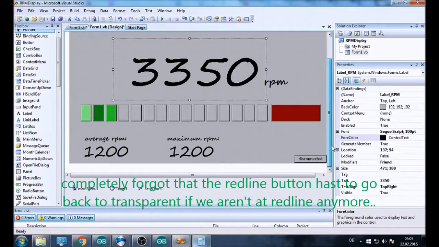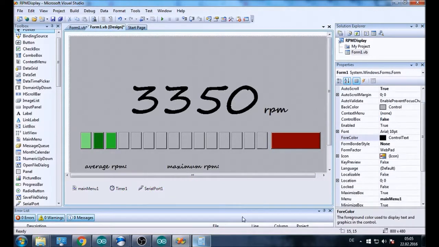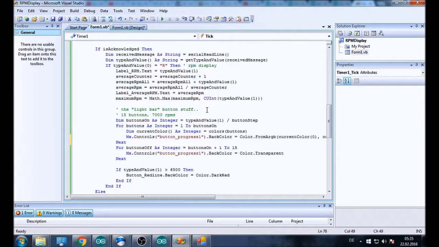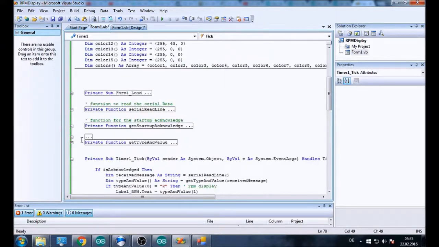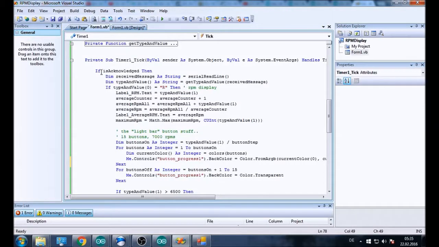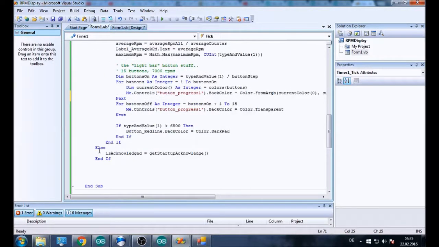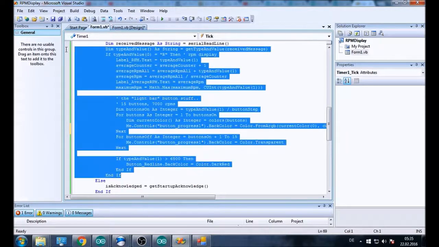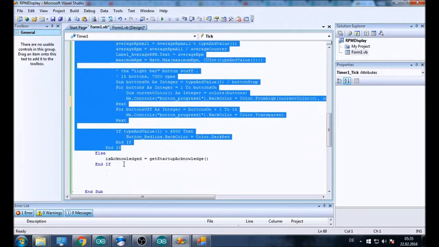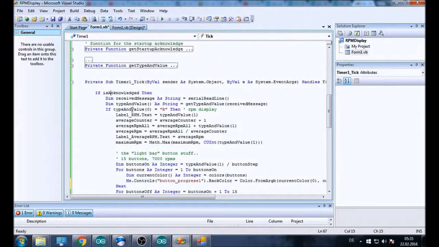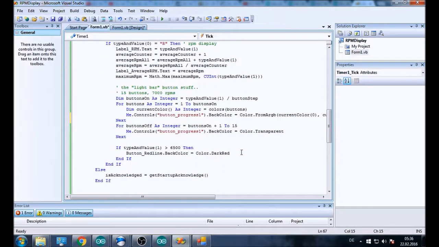So I'm going to run this program on the PC. I'm going to add a function to my Arduino code to send a dummy value, and we're going to see if it works. Okay, so we have a little update. Right here I made a mistake. As you can remember, I maybe used if not is acknowledged then at the beginning, and then I changed it to if is acknowledged then else, but I wrote all this part in else, and it's acknowledged right there, so that has to be changed around,